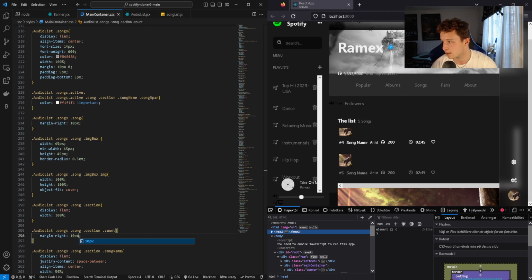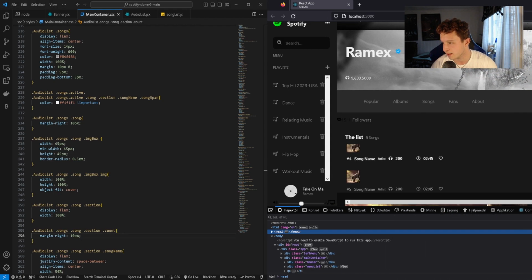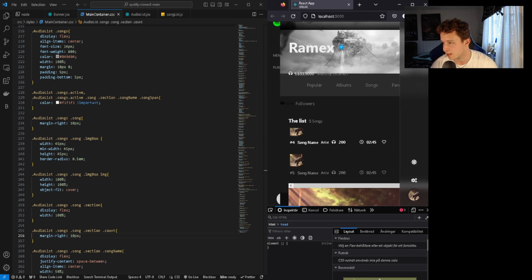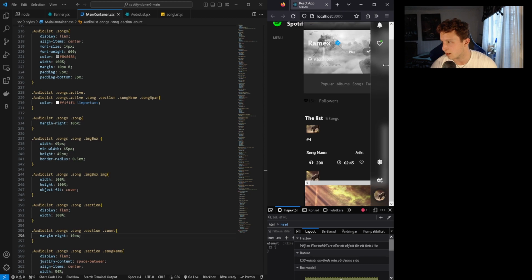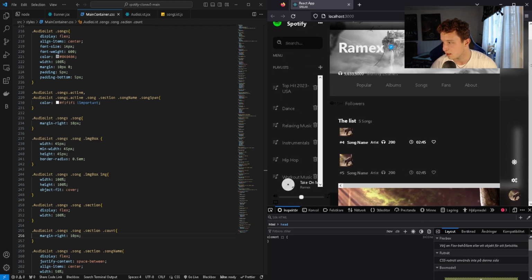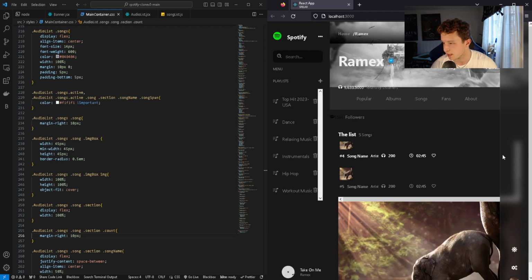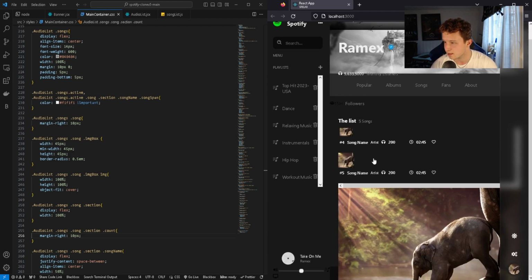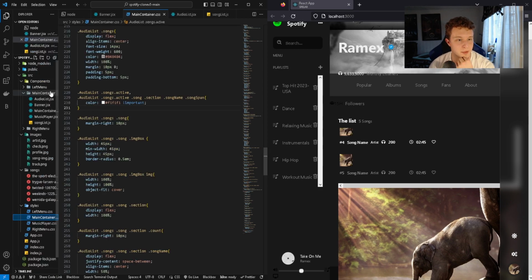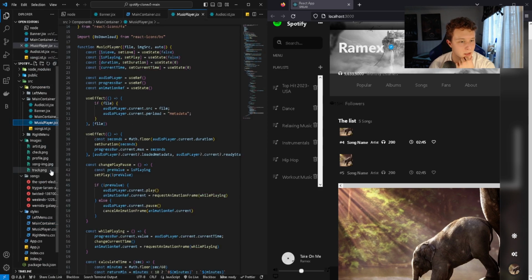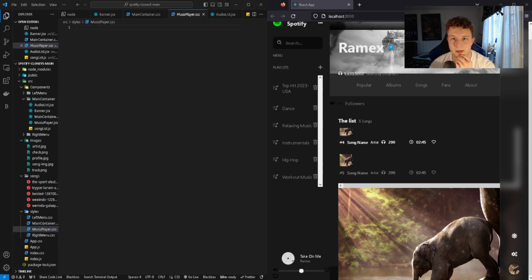And if I extend this, we have in fact all the text we want. And if I do this, this will look a bit weird because we haven't added a lot of media queries, but that is fine. So we can remove this inspector, and I think this is in fact done. The audio list is in fact already styled, or we actually styled it. So let's go to the music player. And I will check if we can do that, for example, because the video is already quite long. So let's see if we can in fact style the music player before